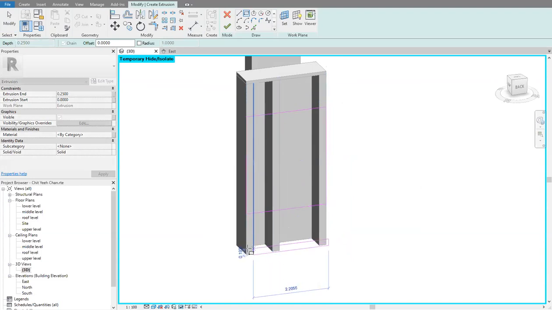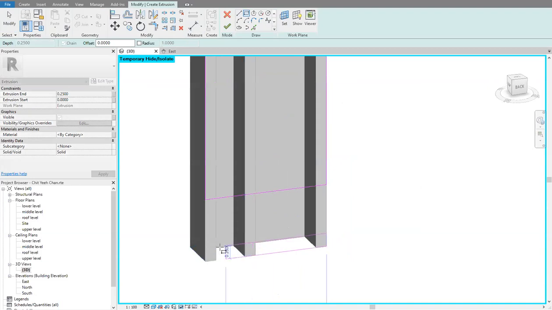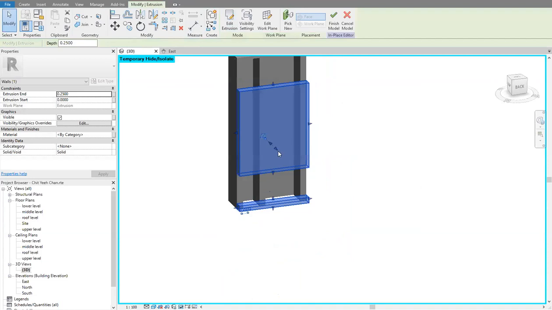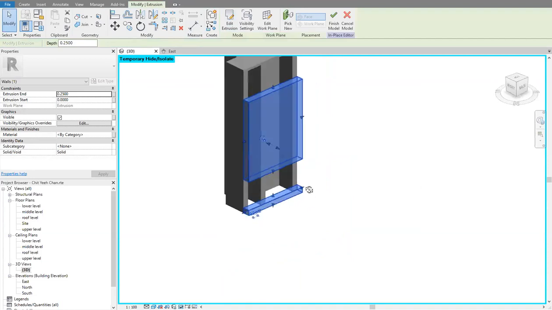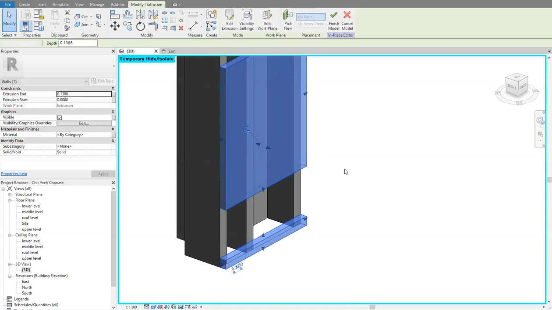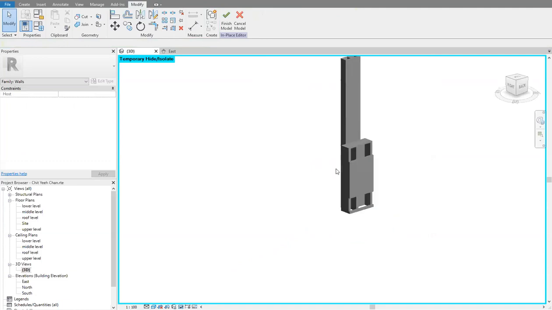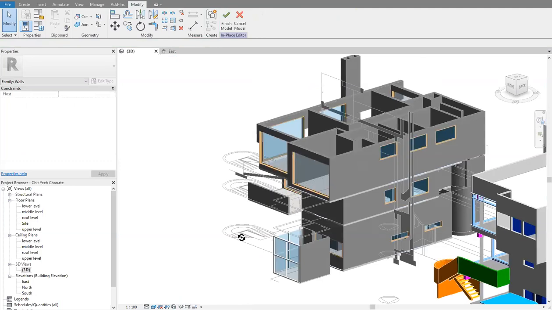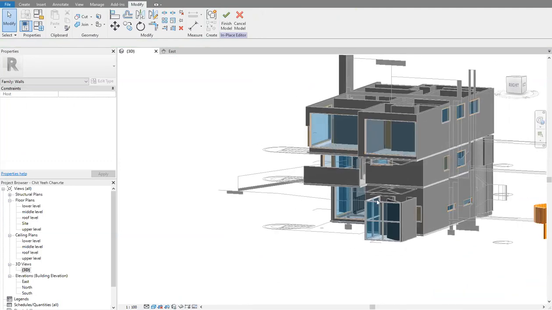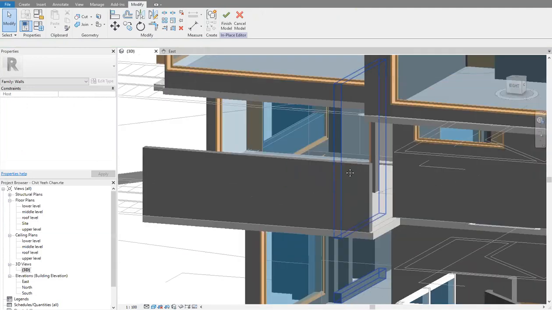And here also I think there is, of course you have to measure. Now if I reset temporary hidden isolate, as you can see, I can see the opening of my chimney here. And the good thing,